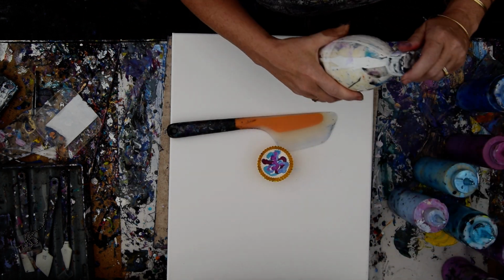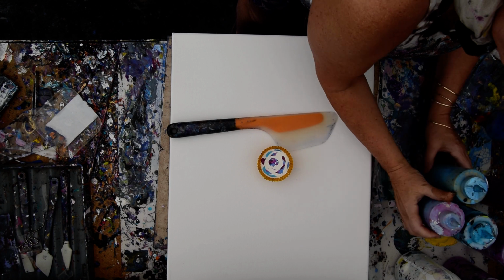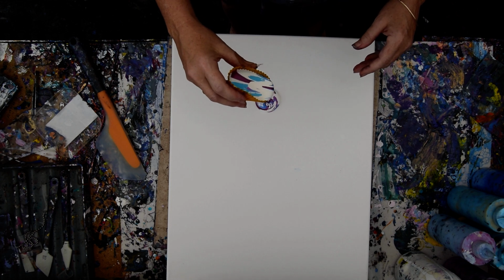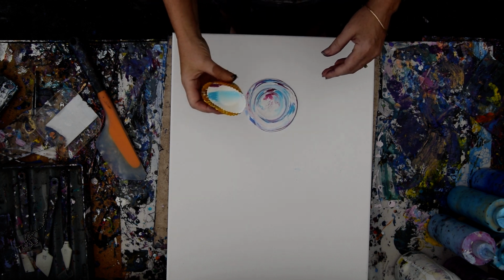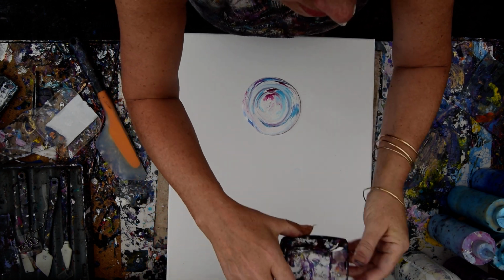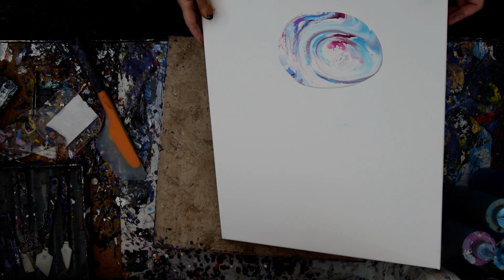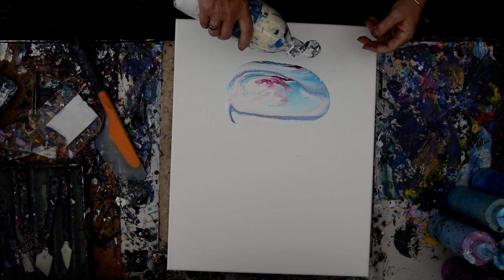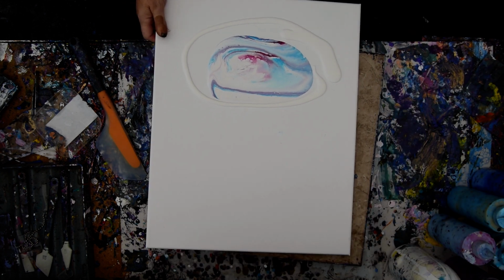Alright, so I've got all those little bits of colors in there. I'm going to cover them up with some white, and I'm going to try and dump a puddle right into the center of my canvas. And maybe I can keep that moist with a little cover on it so I can use it again, and maybe I can't. I've never just dumped a puddle right in the center of my canvas, and I want to do that. I also don't know that that's enough paint. So I'm just going to dump another puddle around it, grab an edge catcher,